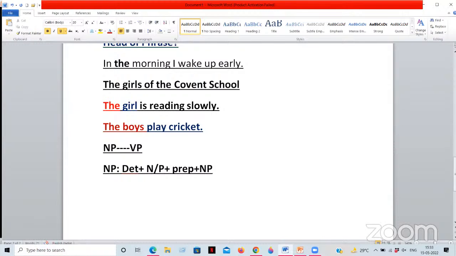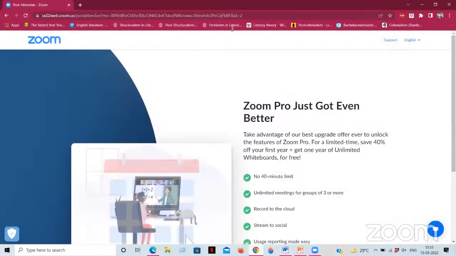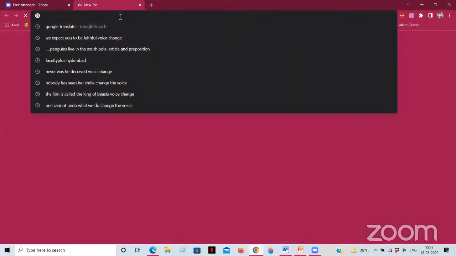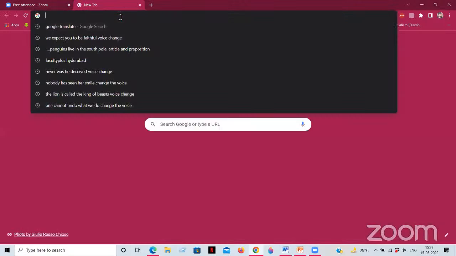And so these many things can be added into a noun phrase. If you take here, this is a determiner, then we have a noun, then again we have a preposition, then a determiner, then a noun again. Okay. Now let me show you one thing over here on the internet, so it will be easy for you to understand how to draw a tree diagram of a sentence.